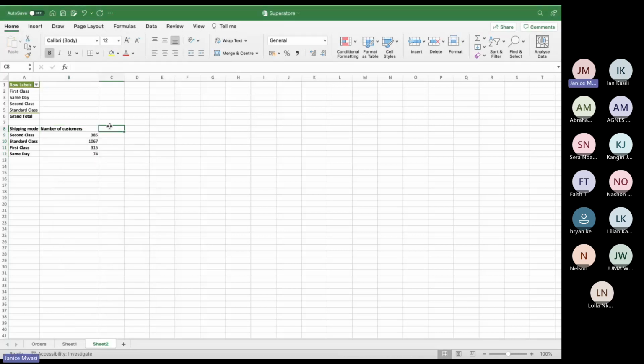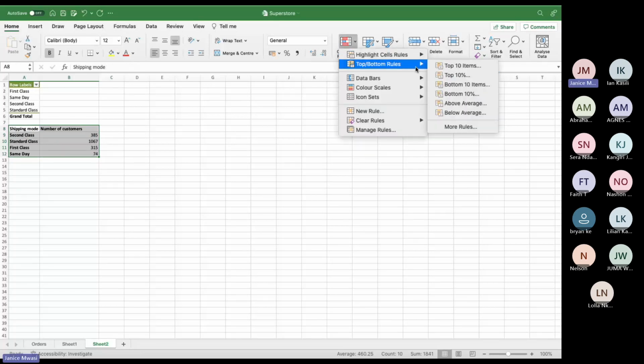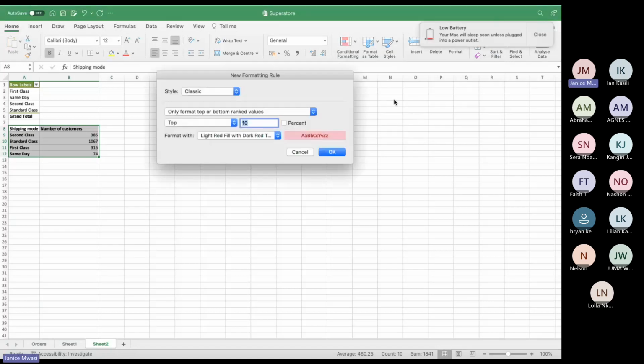Let's just add it here. You can add data bars. That's the wrong section. Yeah, let's first have